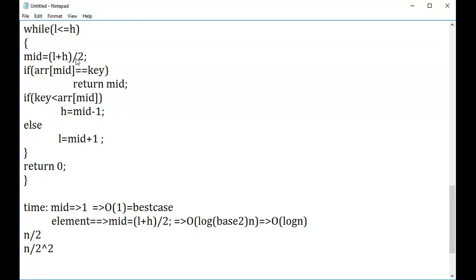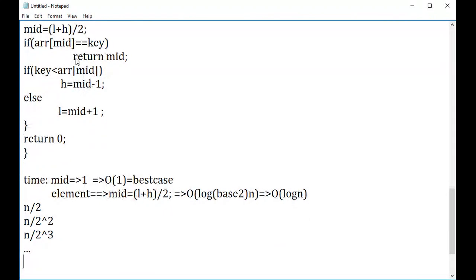Third time, n divided by 2 power cube times. It will go on this way until n divided by 2 power k times. Assuming that the loop breaks, whenever the low value is greater than the high value, you can form the equation n equals 2 power k.